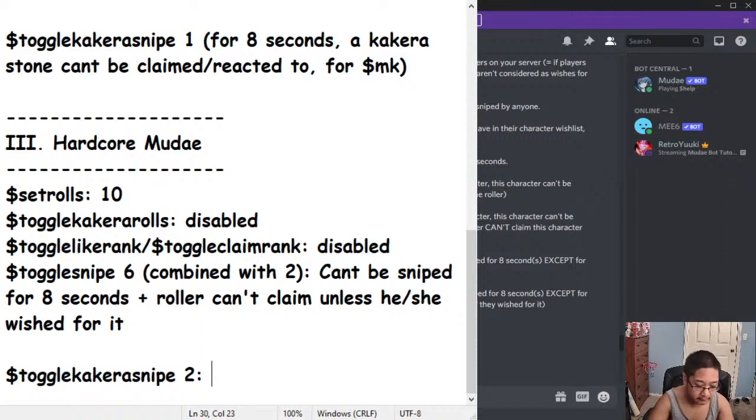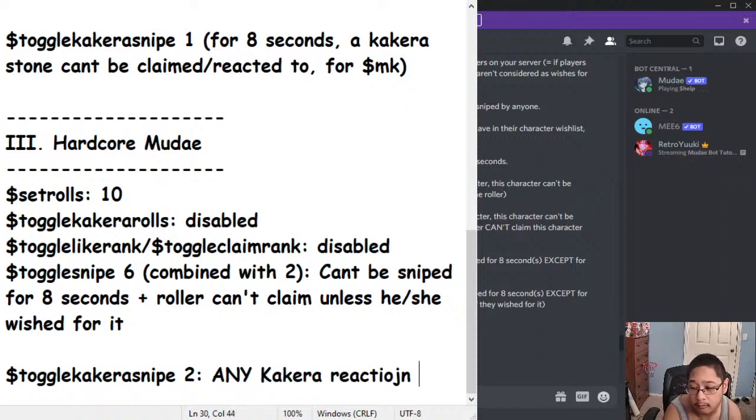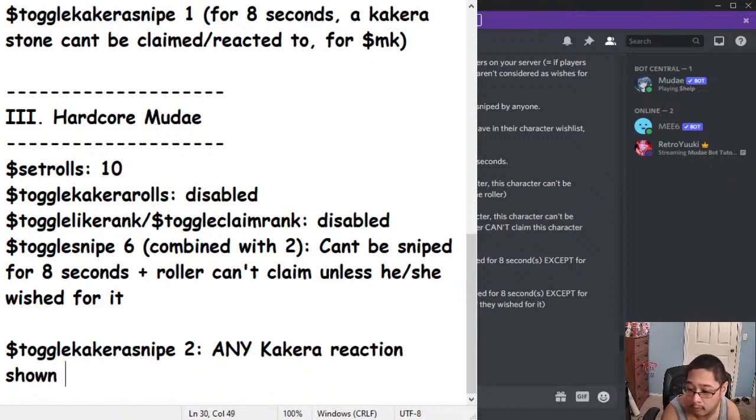And number 2, any Kakera reaction shown, even for a regular roll, as in